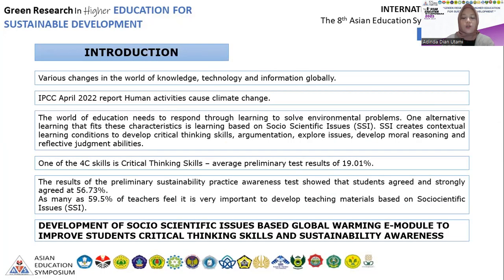Introduction. Various changes occur in the world of knowledge, technology, and information globally. However, from this change, negative impacts emerge, such as global warming, energy crisis, and environmental damage. This results from an imbalance between the benefit of science and technological development and their impact on the environment. The development of science and technology has not been processed in an effort to minimize its impact on the environment. Environmental problems such as global climate change are the result of human activity that does not care about